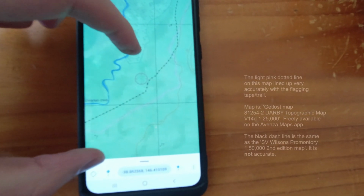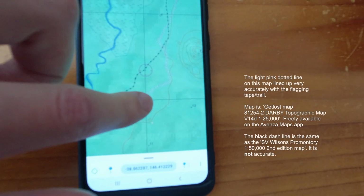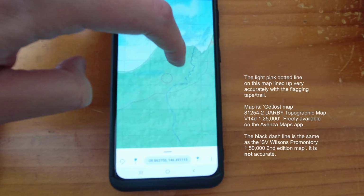It's not the trail in this map, and I'll put on the screen what the difference between the map and what the actual flagging tape, the new track, looks like. There's quite a deviation between the two, so it's really important that you're following a good quality GPS,